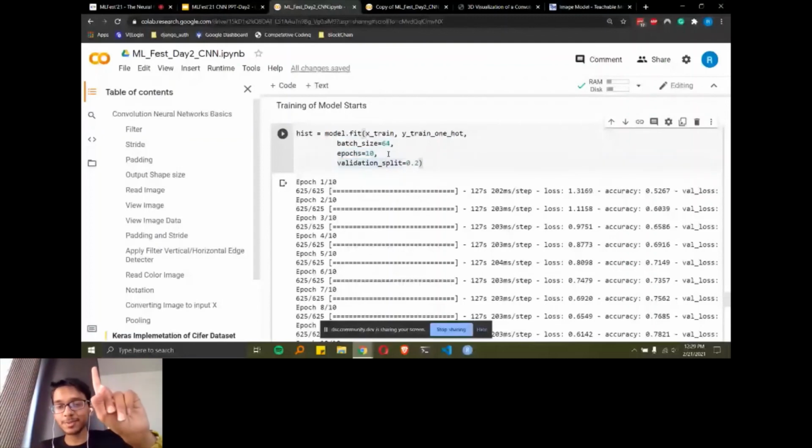We had 60,000 images, out of which we took 50,000 for training and 10,000 for testing. Of that 50,000 training images, we are using 40,000 for training and 10,000 for directly validating at each and every epoch. So that is the validation split.